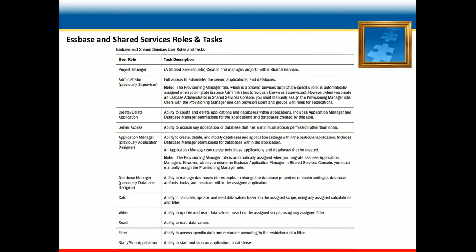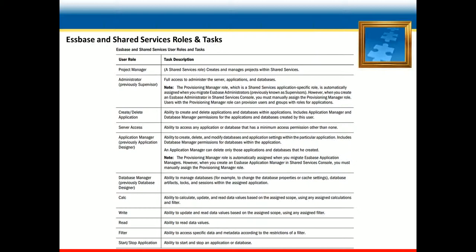Next is server access. The server access role provides access to any application or database that has minimum access permissions other than none. It is a role wherein the user will at least be able to access the particular SBS server, and that will be the minimum access they have.